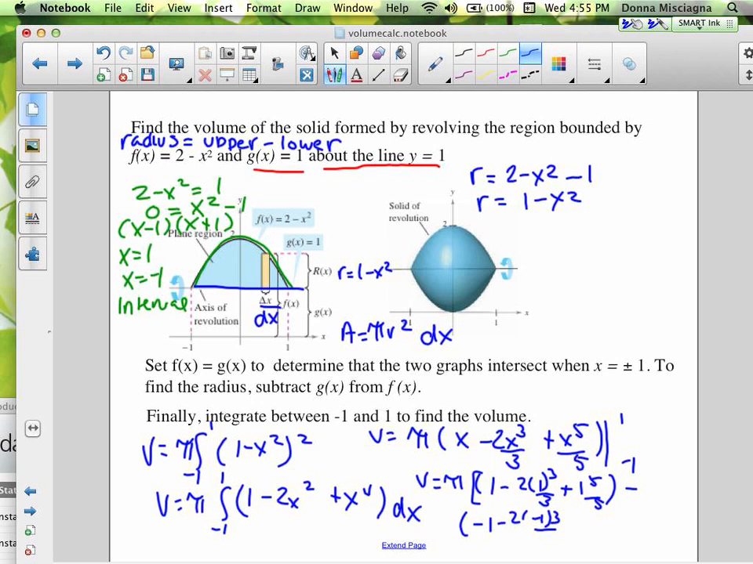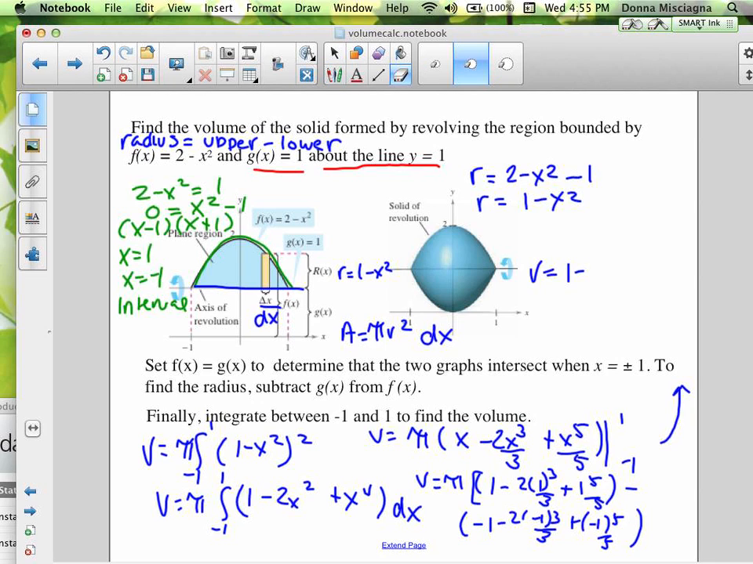-1 cubed divided by 3 plus -1 to the 5th divided by 5. I'm going to have to start writing up here a little bit, so I'm just continuing up there. So our volume is 1 minus, don't forget my pi. I should put my marker down when I erase. There we go. So our volume is pi times 1 minus 2/3 plus 1/5